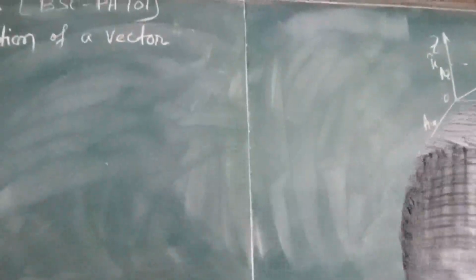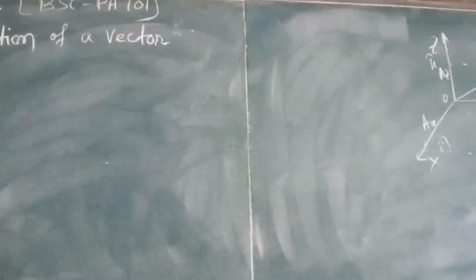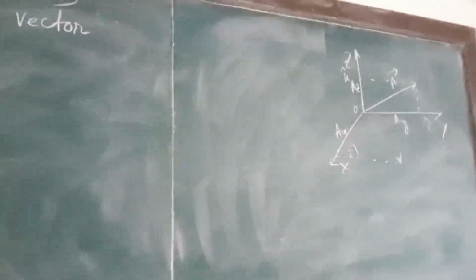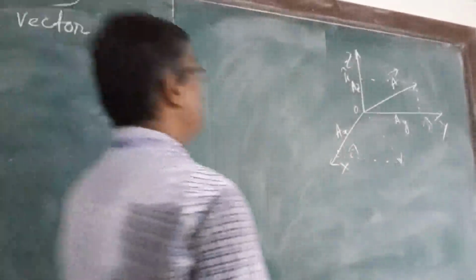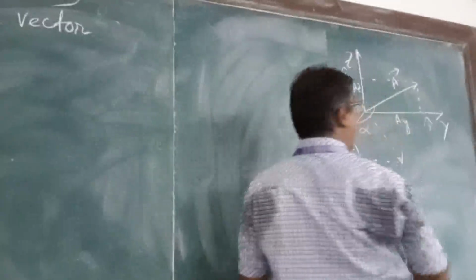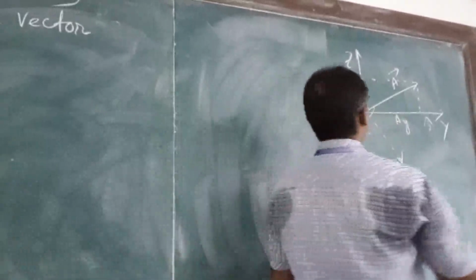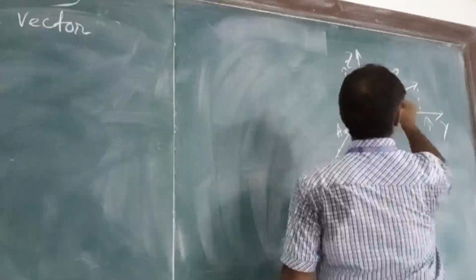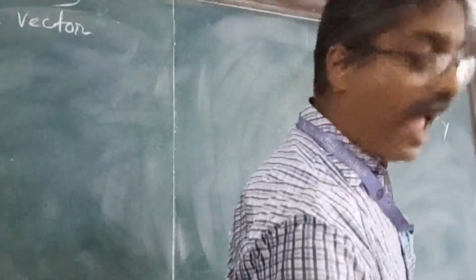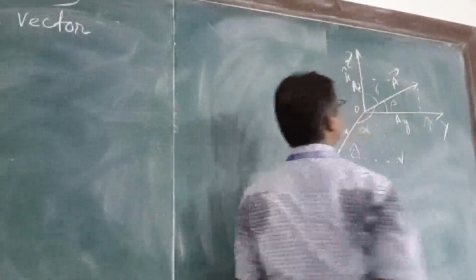If the angle between vector A and the x-axis is alpha, between vector A and the y-axis is beta, and between vector A and the z-axis is gamma,